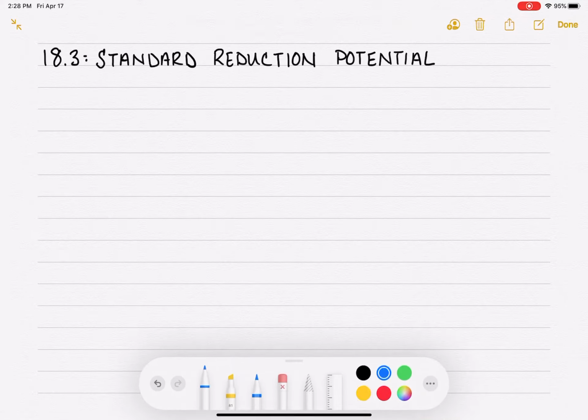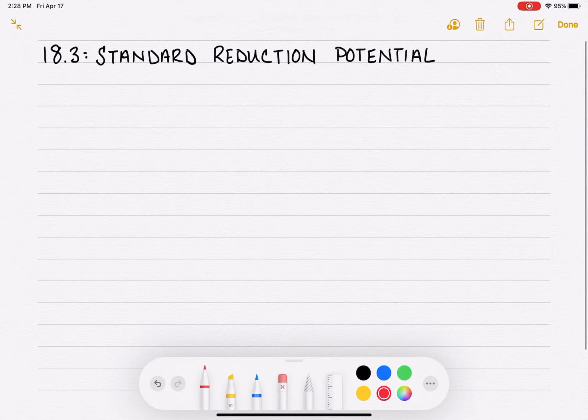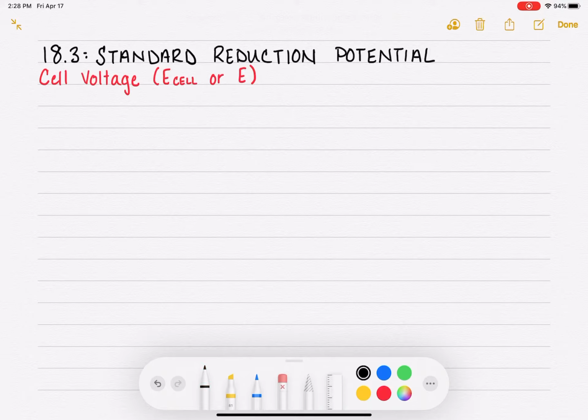And before we figure out how to build these voltaic cells, galvanic cells, I need to do a couple of definitions. So first of all, we're going to be talking a lot about cell voltage, which we abbreviate in chemistry as E cell. So that's a capital E and then a subscript cell. Or sometimes we just abbreviate it capital E. And so a lot of times I will say E cell just because it's faster than saying cell voltage. E cell we will define as the difference